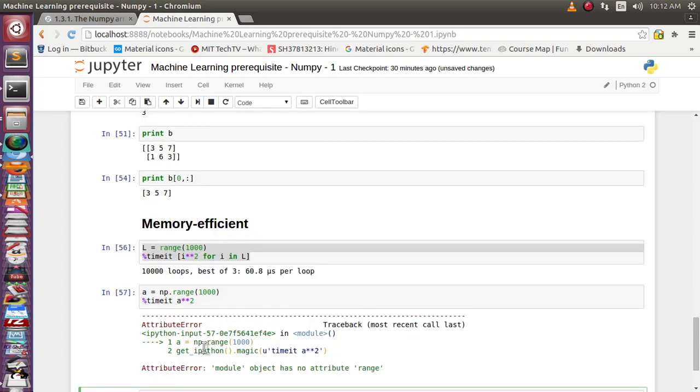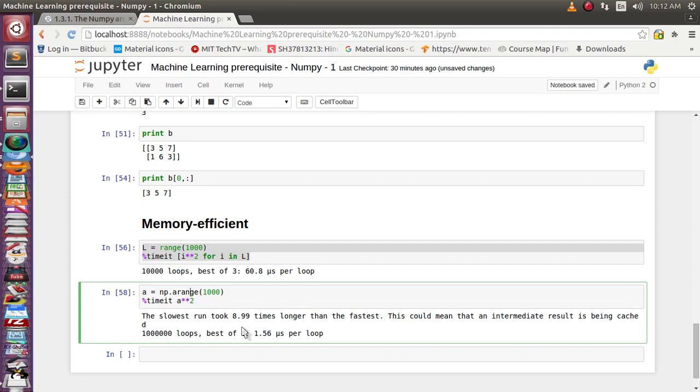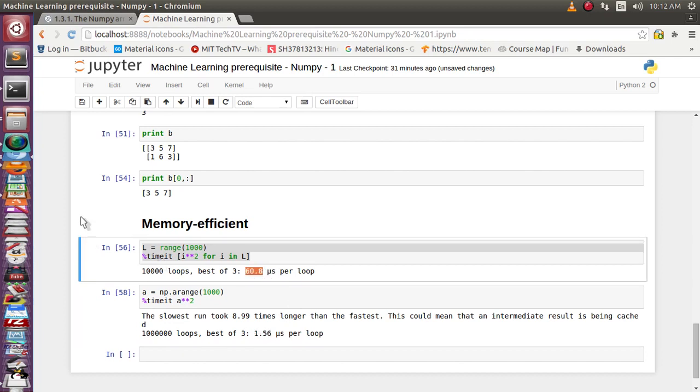Oh, there is a range function, not a... See, it has shown us the best of 3 result. It has taken just 1.56 microseconds, while in the case of our basic Python data structure it has taken 60.8 microseconds.